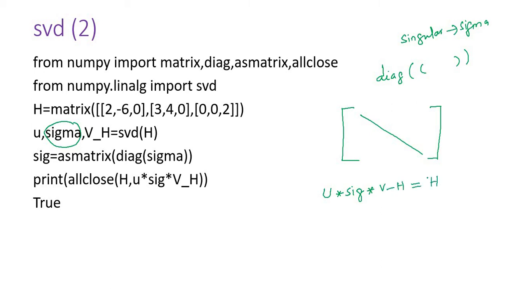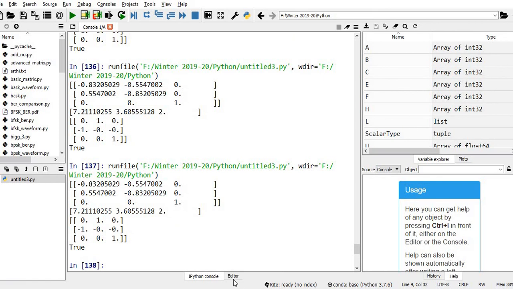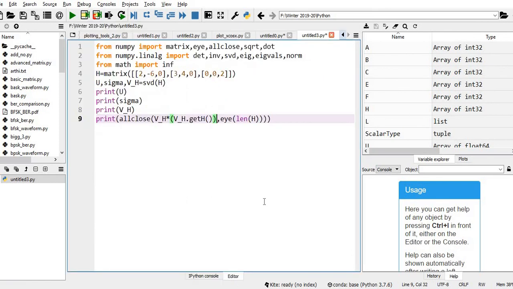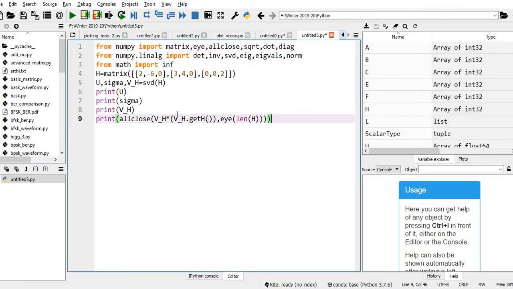We will verify whether the decomposition is correct or not. Let me import diag.